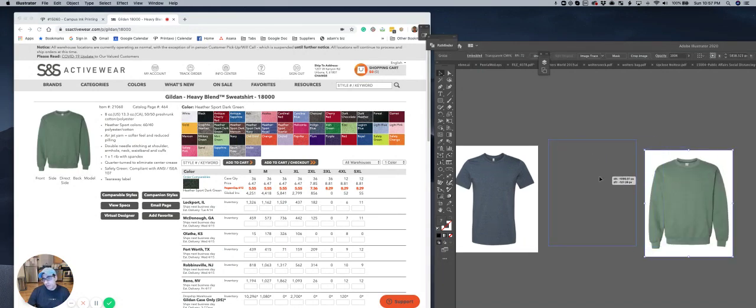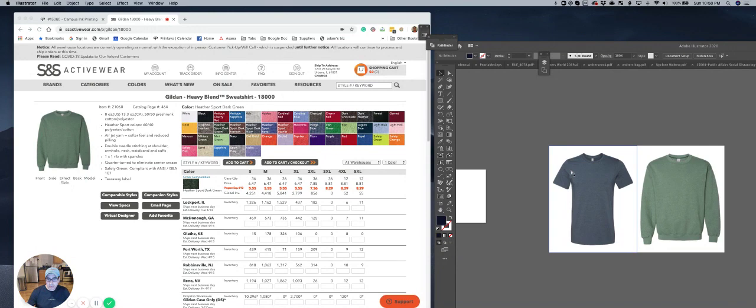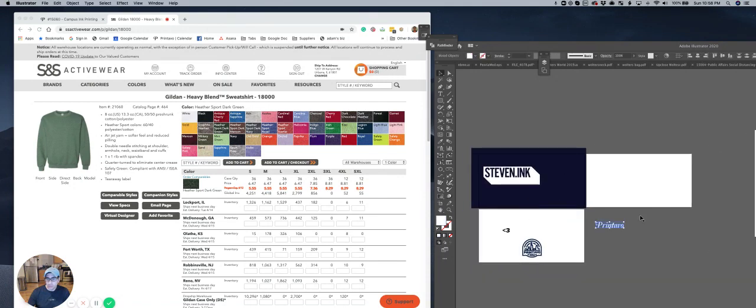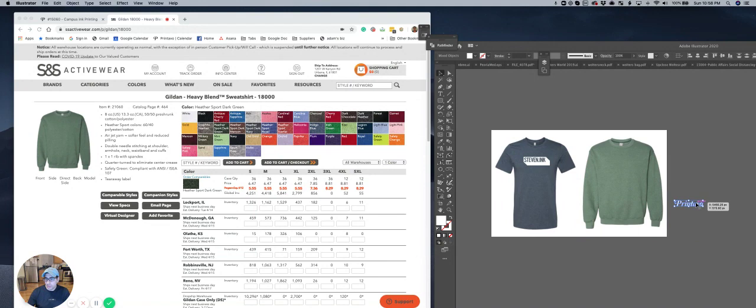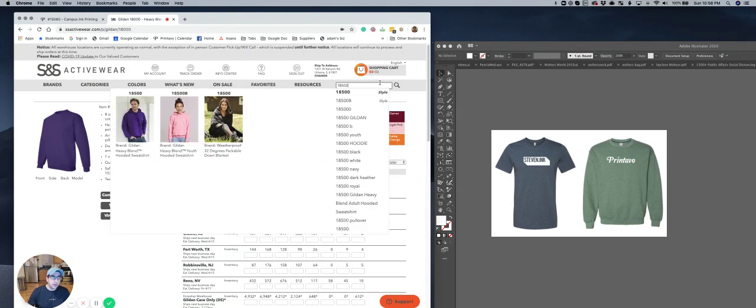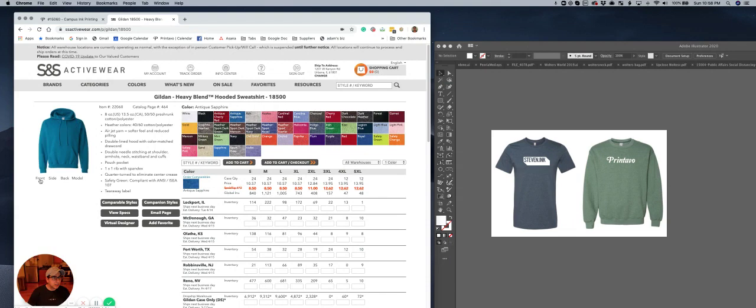So this is where I start to create my mockups. And the reason we're doing this is because this is where your artists are probably already living. So there's no reason why you can't just use the mockups that are already in those proofs. So we'll just say we're selling one that says Steven. We're selling one that says Printavo. Maybe we're going to do a hoodie of sorts that's a different color,